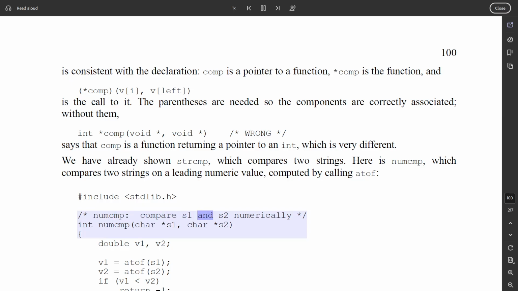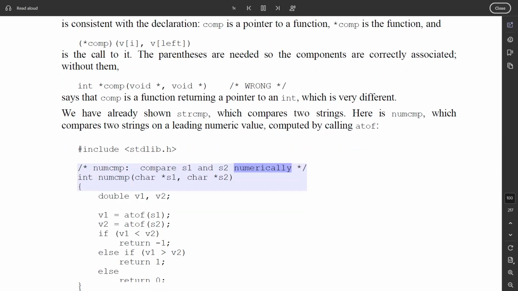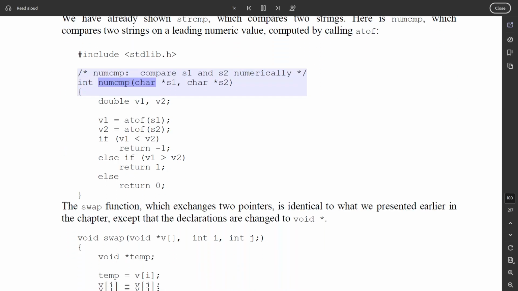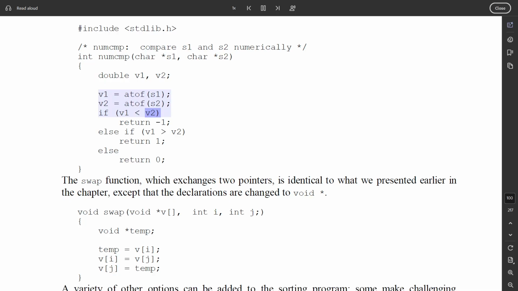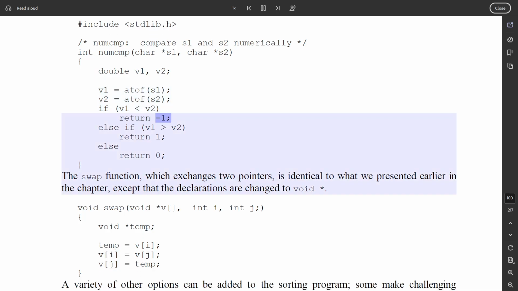#include <stdlib.h> /* numcomp: compare s1 and s2 numerically */ int numcomp(char *s1, char *s2) { double v1, v2; v1 = atof(s1); v2 = atof(s2); if (v1 < v2) return -1; else if (v1 > v2) return 1; else return 0; }